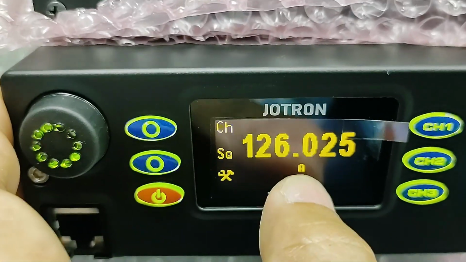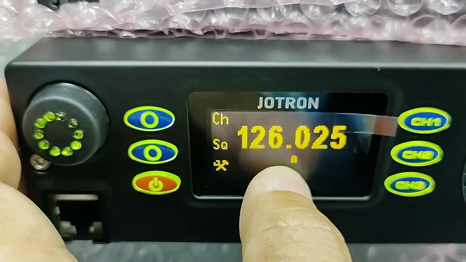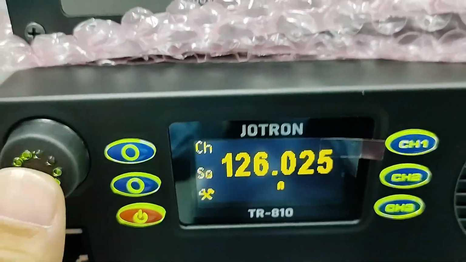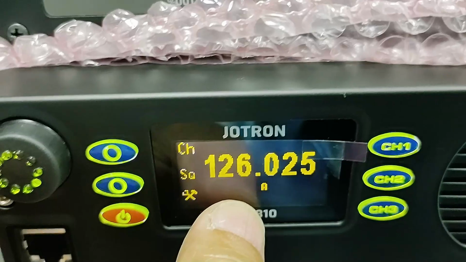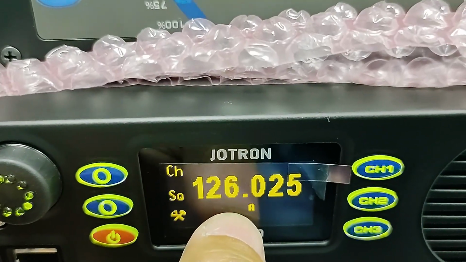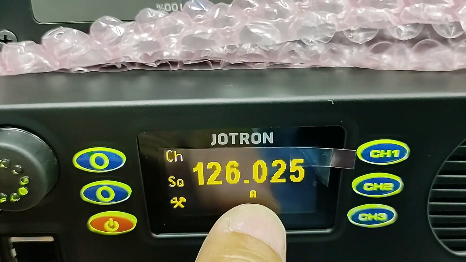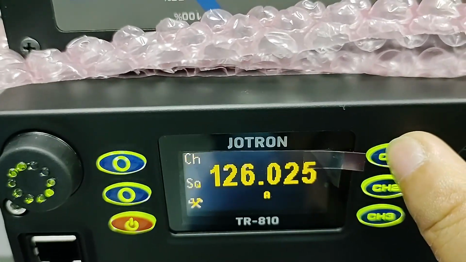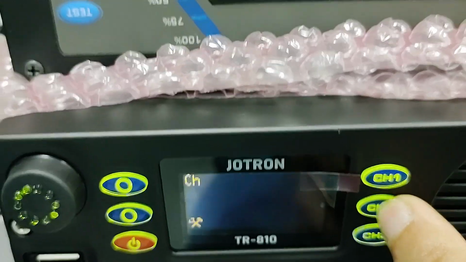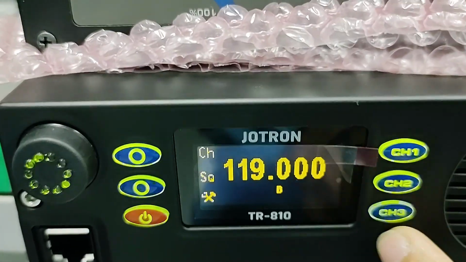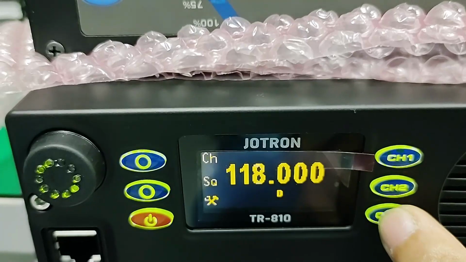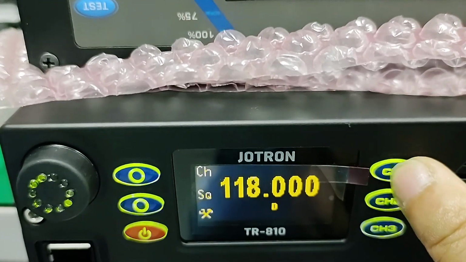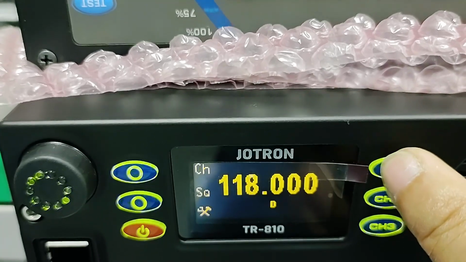Okay, now you can see your frequency name. I just put A. Then if you want to edit this one, you put channel 2. When I press channel 1, this is channel 1. Channel 2 is my B, and channel 3 is my D. Okay, if you want to edit that one,